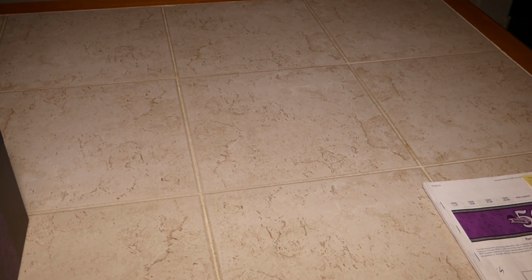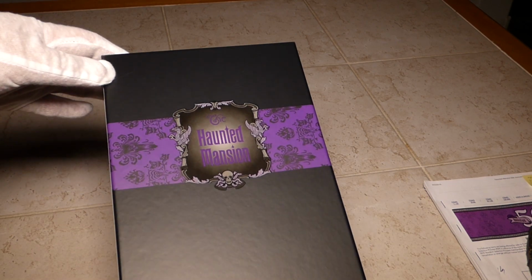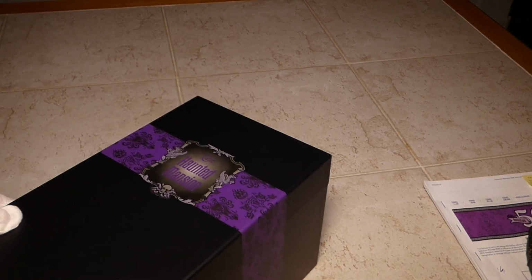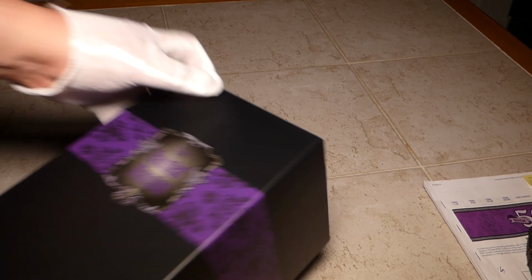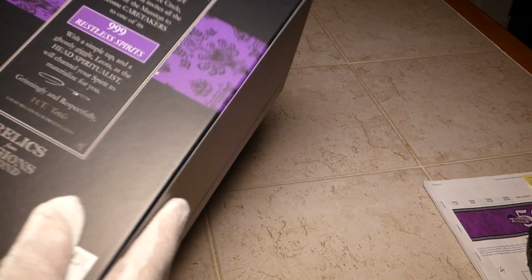Anyways, moving on then. This is a bigger ticket item. These are the ones I mentioned already from that book. And this here is the Host a Ghost. So it comes like this. You have a box. If you want to cheat, it does say who's in it on the bottom, I guess. This one here is going to be the Hatbox Ghost. And they have a little story in the back here,